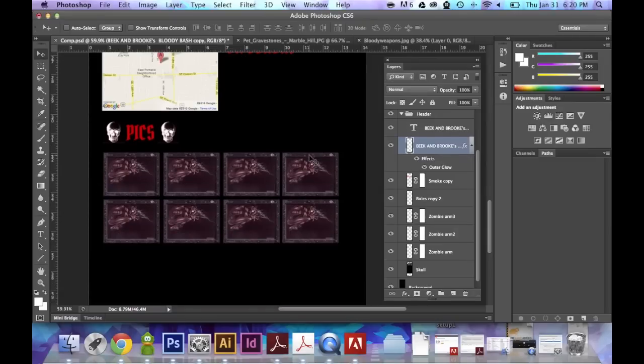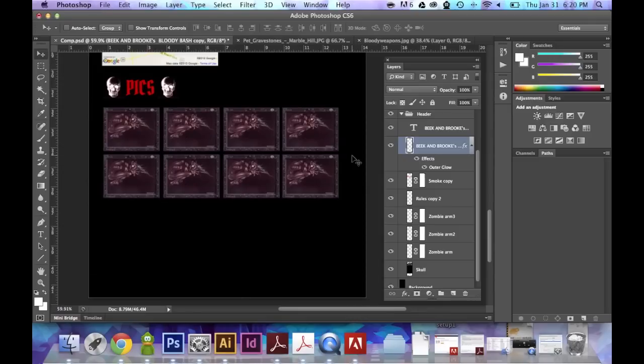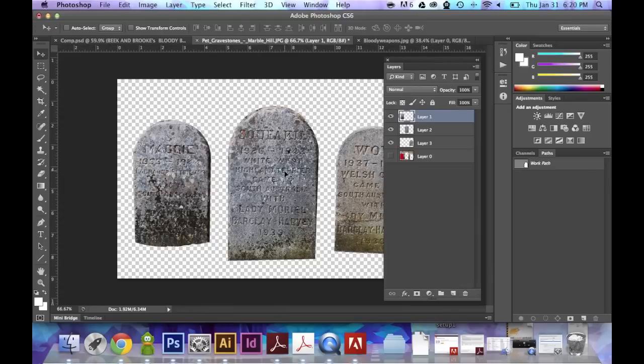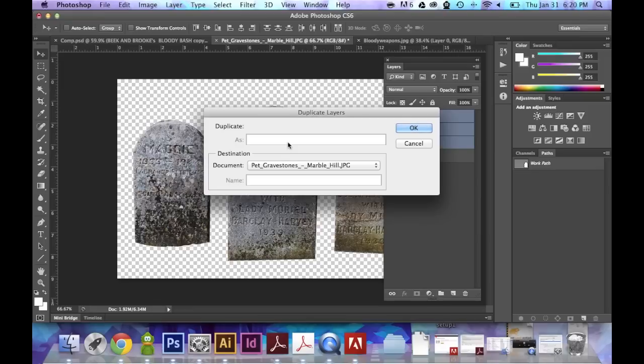Yeah, down here I was thinking it looked a little empty, and since we have our picture gallery down here, people are going to be lingering at this section of the page, this bottom half. So I thought maybe we could make a graveyard scene down there. Something like that. I cut these out, masked these gravestone images out before, but let me just duplicate these, send them over